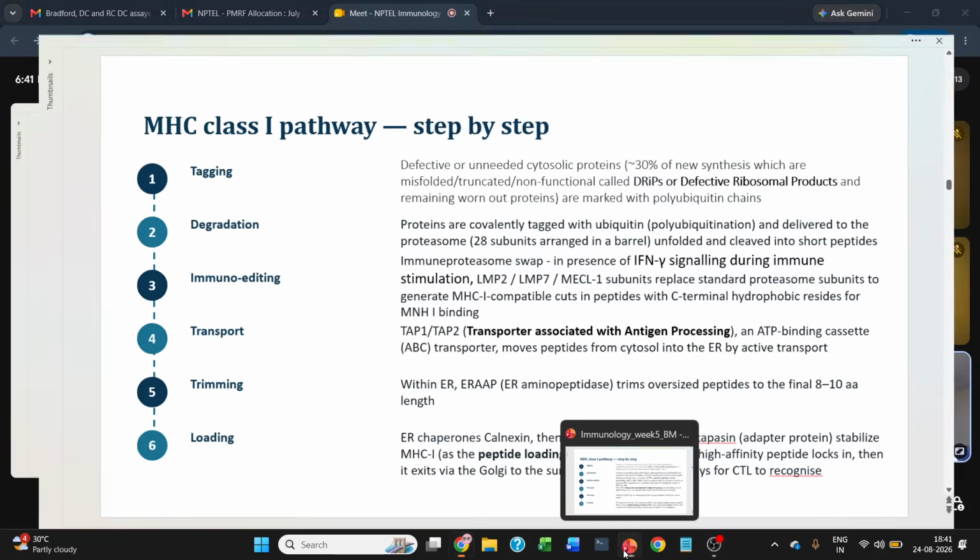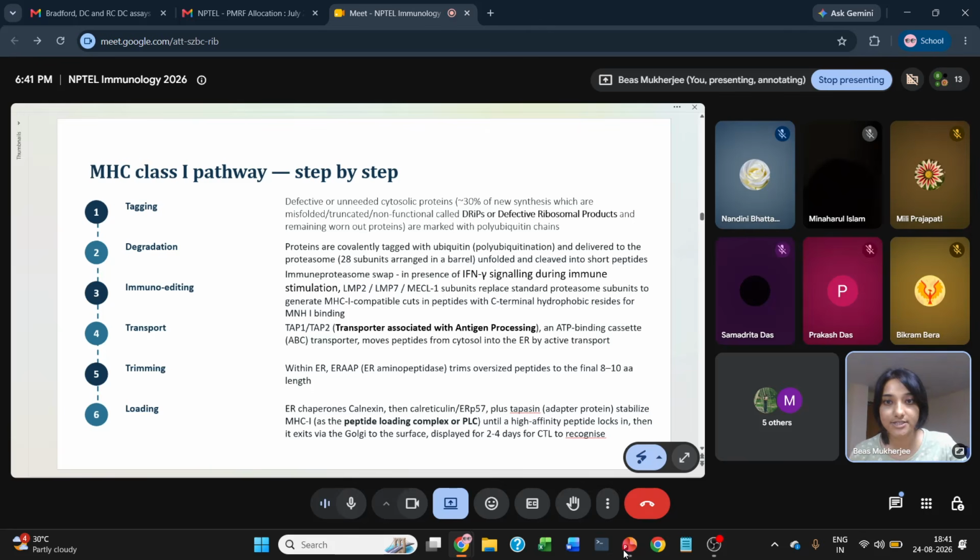Achha. So MHC class 1 we will look at first, and there are multiple steps. Okay, so first thing is tagging. Tagging, if you remember, I said that ubiquitin will be added in the form of tags to a protein that needs to undergo degradation in the proteasome. Okay. So, defective or unneeded cytosolic proteins,